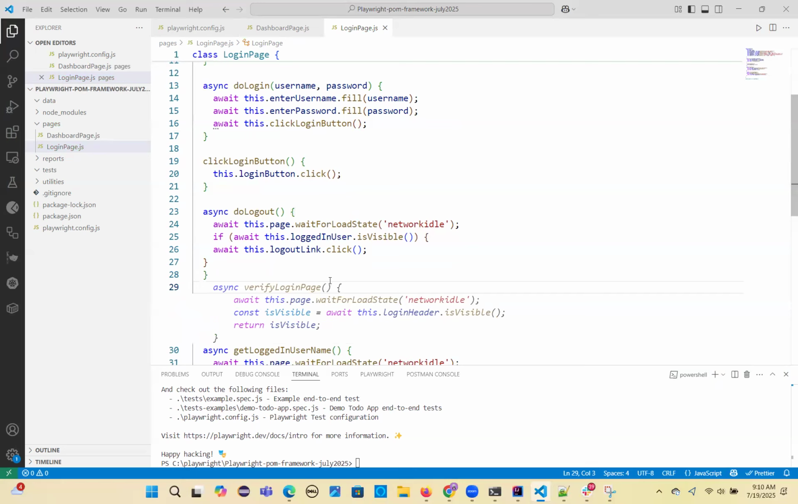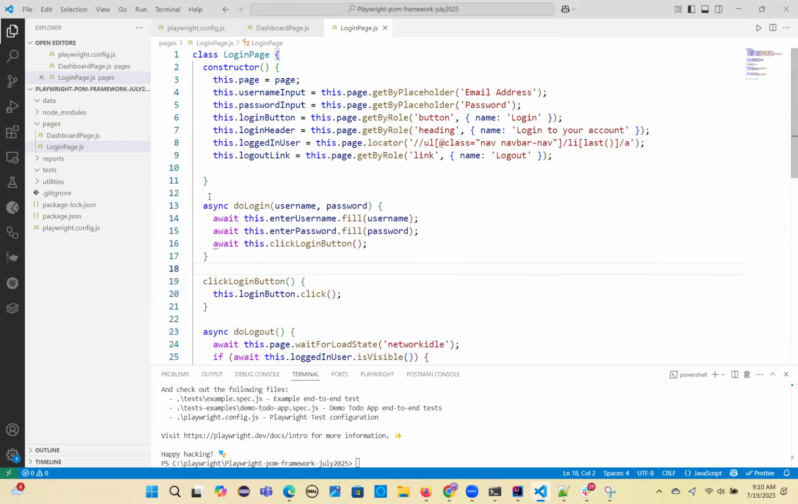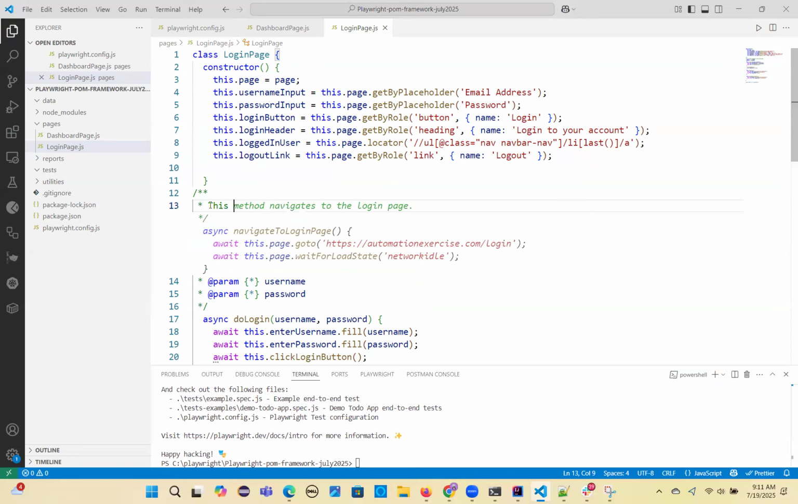That's very important. Each method after one space. Also make sure you write the document comment for every method. That's the best practice. Every method above, you have to write what that method is doing. Suppose you have to write the comment like this. This is the best practice we have to follow. And explain about this function, this method navigates to the